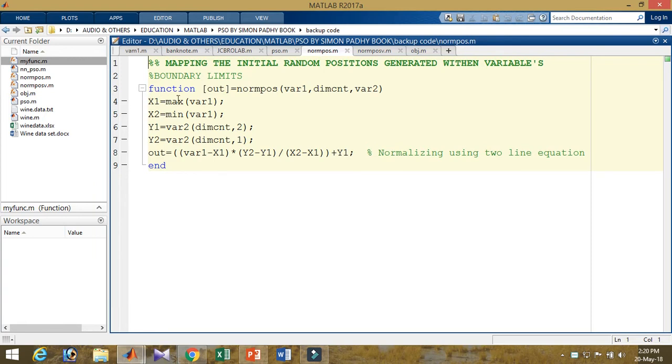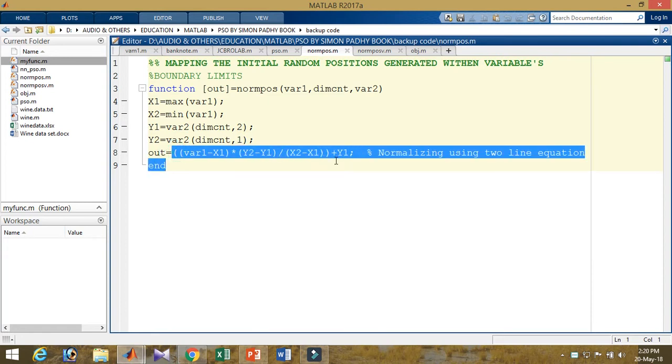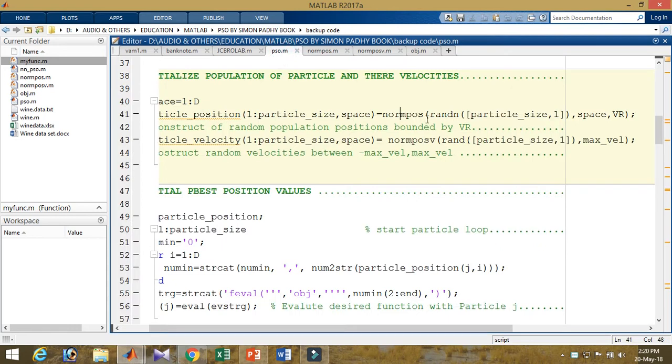We are calculating x1 for the maximum of variable 1 and x2 with the minimum of variable 1, and y1 is a variable 2 decrement of 2 and y2 is a variable 2 decrement of 1. We are using this formula to normalize using two equations, and we take this equation to distribute all the particles in the domain space. Okay, in this formula we're using the functions to distribute all the particles within the search space